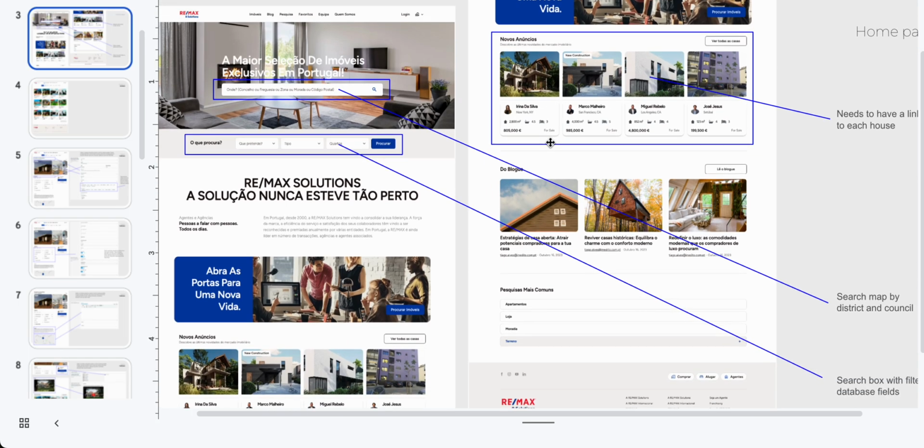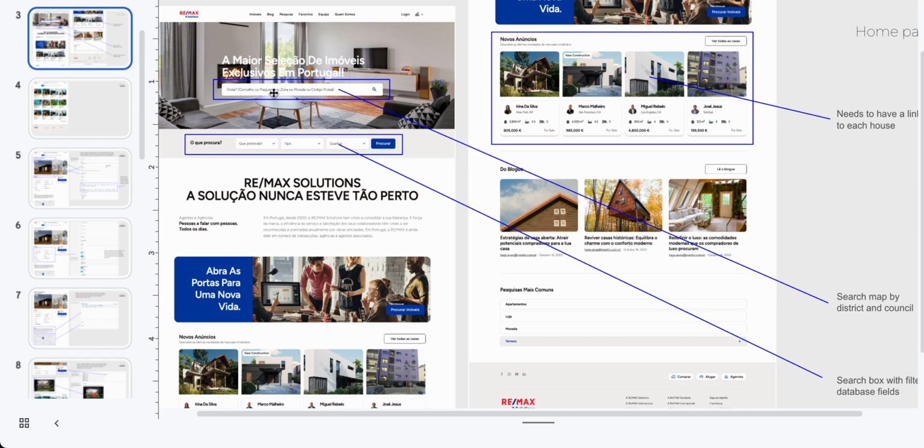Okay, then all these searches, we want them to be available. So this first one is by district and council, so it connects to that database that I mentioned a while ago. Also, if we could be collecting words that people are searching for on this search, I don't know how you do it, but I know this is how it's usually done. It's collecting the most searched words,